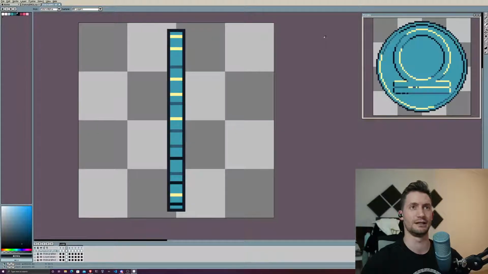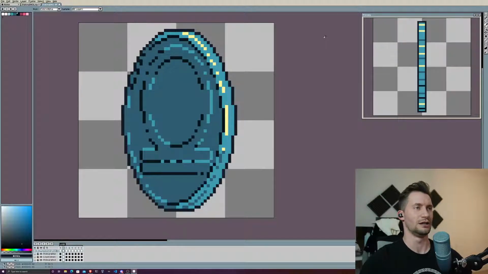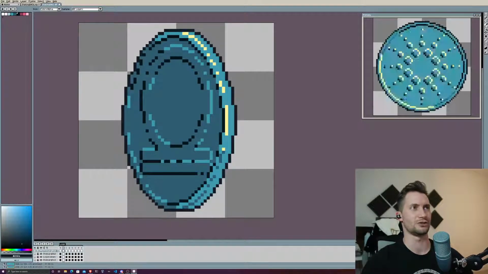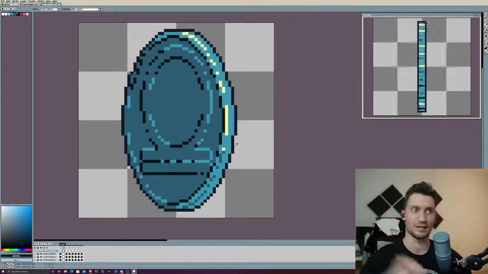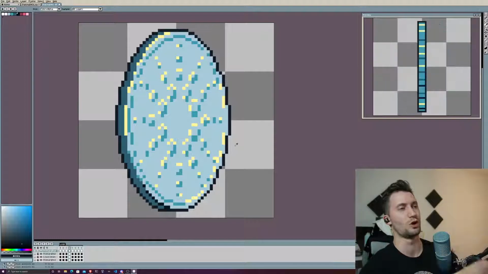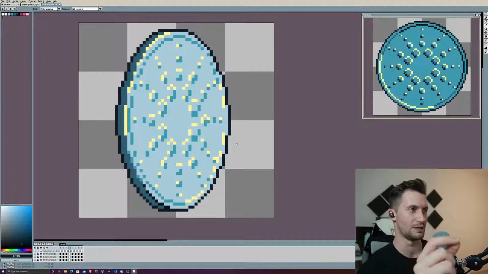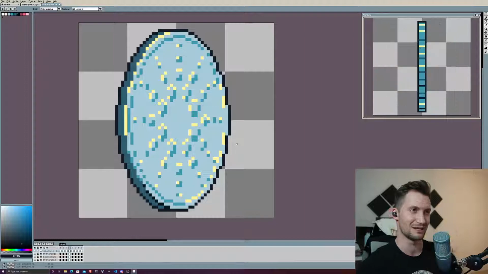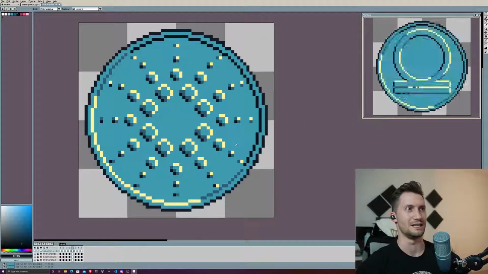That's a little highlighter. That's how we're doing it. And then you see here, we've got this little line here, which is kind of like the highlight. It's where the light's catching it. And then we have it here. We have it super light. But then we have the actual gold, the yellow parts, where the light would be actually hitting the edges to give it a bit of kind of 3D effect.